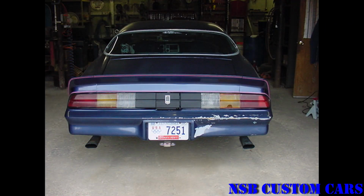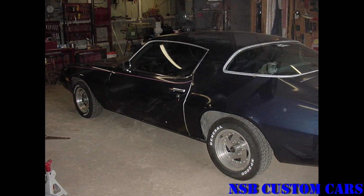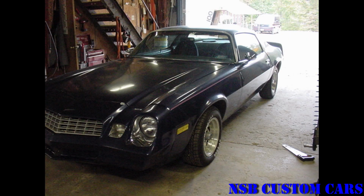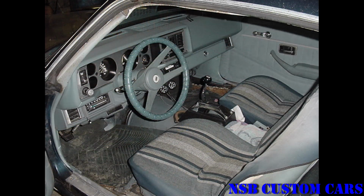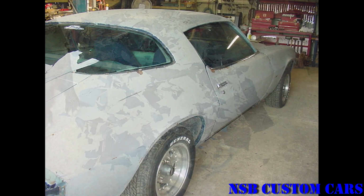So this is the 1979 Camaro, and this dark blue with the pinstripe on it, this is something that I painted 8-9 years before this conversion that I'm doing to it. And the paint was doing okay. It's just, after close to 10 years on a paint job, it was giving some bubbles and this and that. So we decided, well, I'm going to repaint it again,